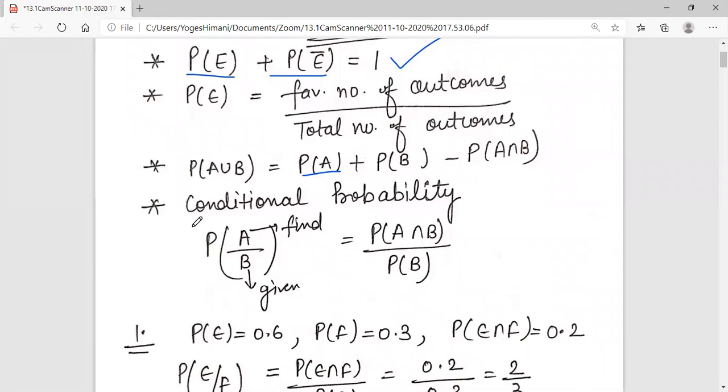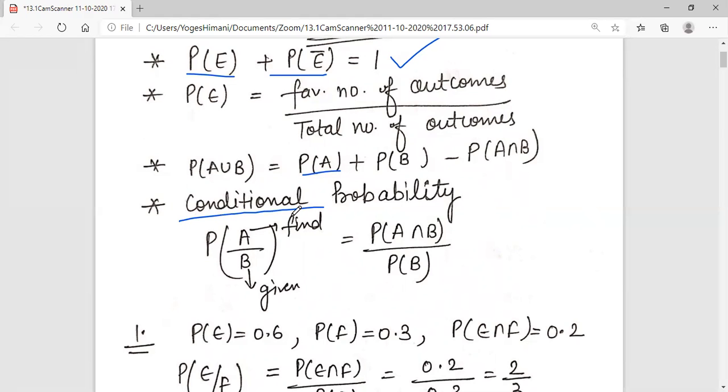What is new for you? The new thing is conditional probability. Like when we are tossing a die, what are the sample spaces? 1, 2, 3, 4, 5, 6. If I toss a die and the outcome is an even number, and if I toss a die again, then the chance of an even number again depends on the first toss. It means our second toss is depending on the first toss, and in that case we will use conditional probability.